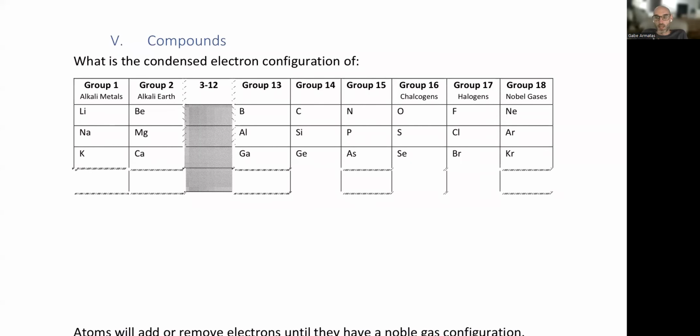Okay, we're going to take a look at chapter 5, which is compounds. We're going to take a look at compounds in a couple of different forms. Mostly right now, we're going to be looking at ionic compounds. We'll explain what ions are in a little bit. But before we start,